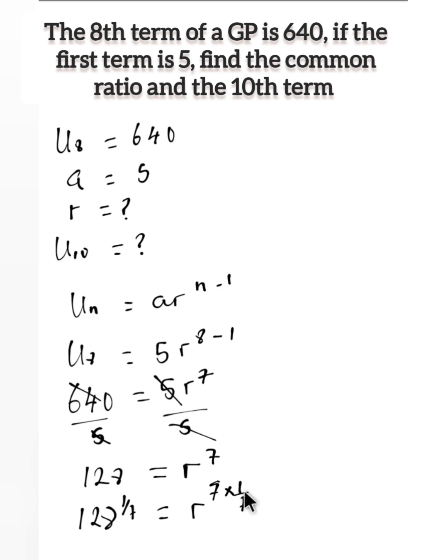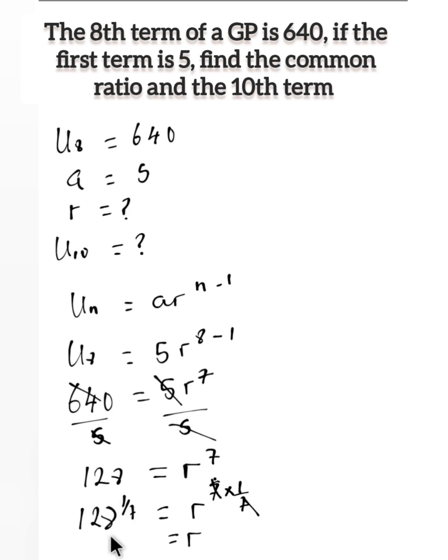And the reason for 8 is 1 over 7 times 7 is equal to 1. So as here is 8, we'll raise both sides to 1 over 8. So at this point, 7 cancels 7. We are left here with r. So r is equal to